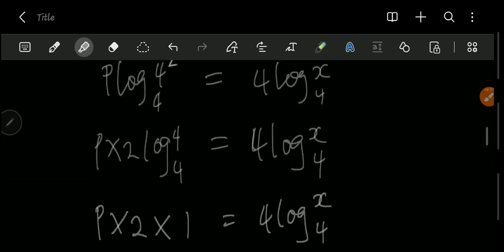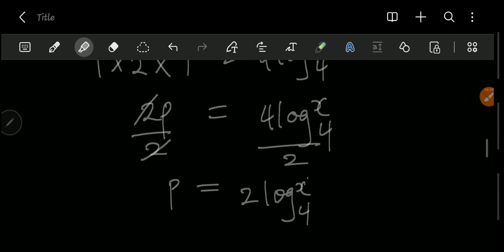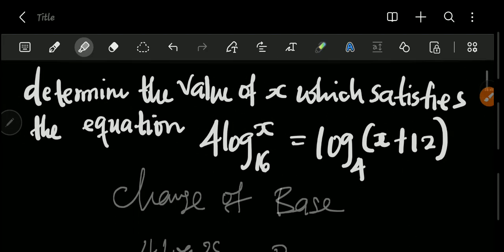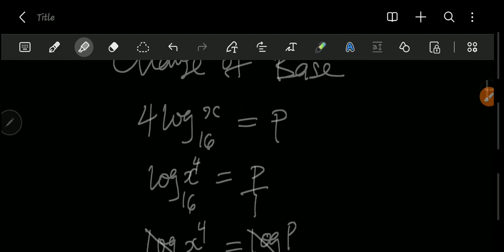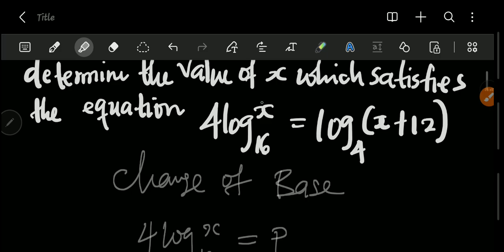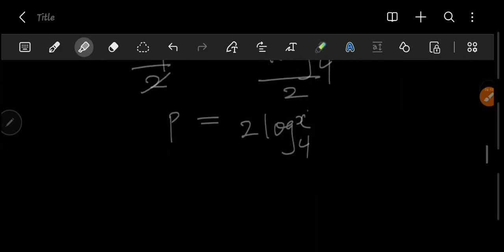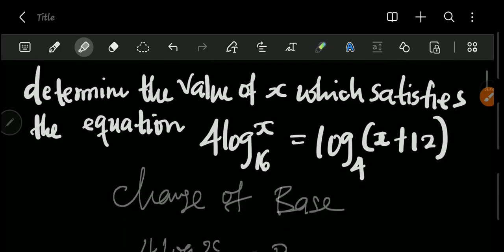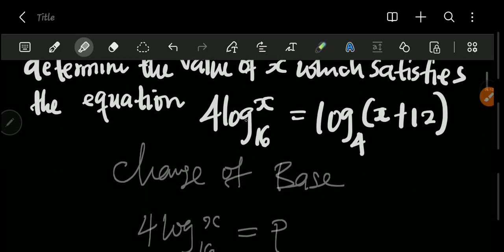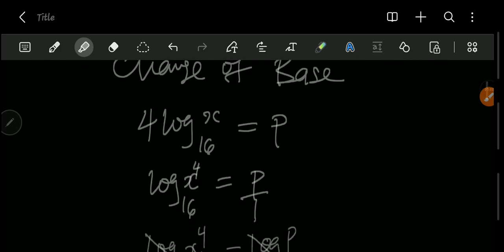Don't forget that this is not the final answer, right? I just did change of base, right? So I'm going to come back to this place now and replace it. So this p now, I'm going to replace it in this question. So instead of putting this here, I'm going to put what I just got here, right? The value of p that I just got, I'm going to replace it with what was here before. Are you getting what I'm saying now? So what I have there is going to be